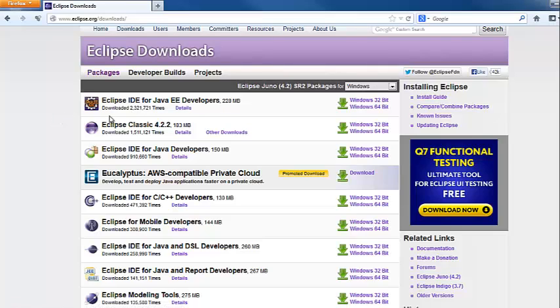Now choose the correct Eclipse package as per your OS. If your operating system is a 32-bit operating system, then download the Windows 32-bit. If your operating system is a 64-bit operating system, then in that case download Eclipse for Windows 64-bit.